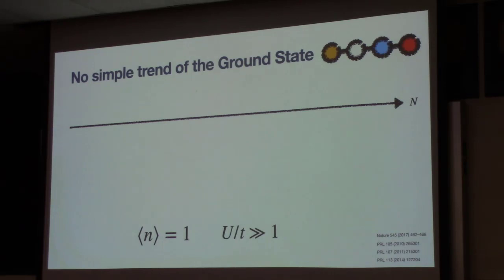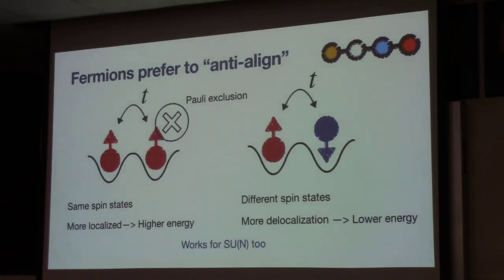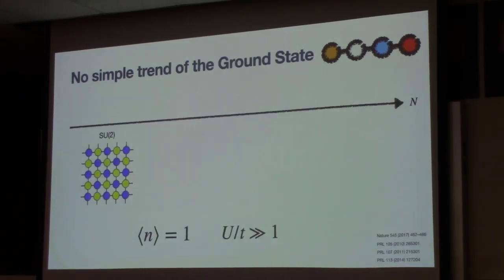Yes, sorry. And then, as I previously said, what we know is that these fermions prefer to anti-align. So what one would expect for SU3 is that we also have some sort of sublattice structure. This is called a three sublattice structure. So we have blue, then red, then yellow, then blue, red, yellow. And it alternates like this.